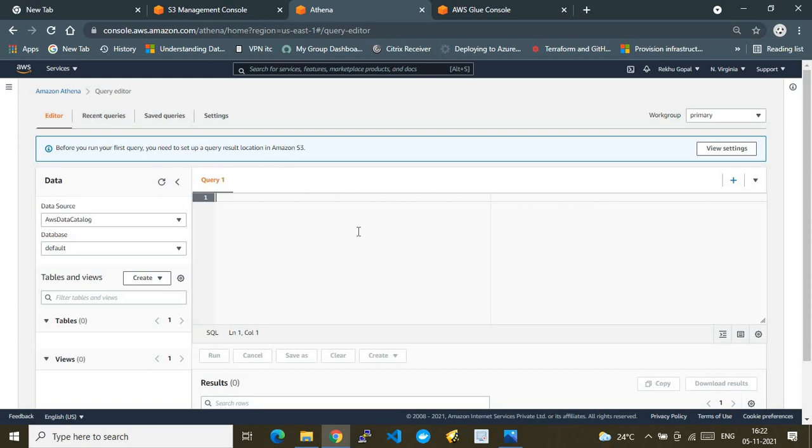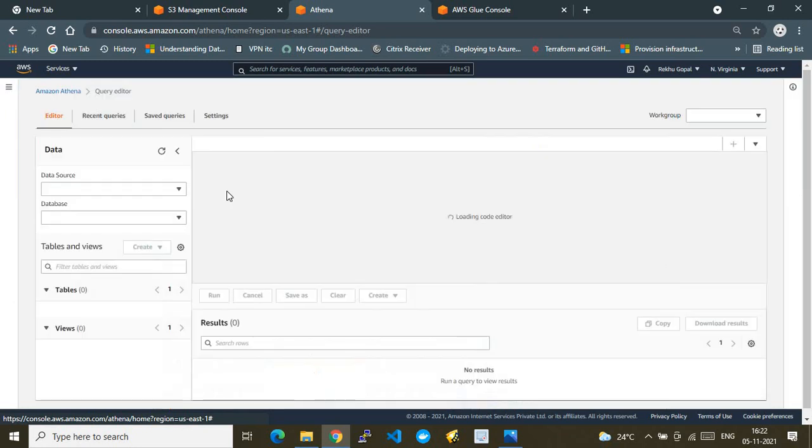So in such cases, it makes sense to configure the AWS Glue crawler service, which will extract the data dynamically and pump that data into the target database and the respective tables. That's the reason the AWS Glue crawler service comes into the picture in the Athena query service. So now we have to create a work group here.